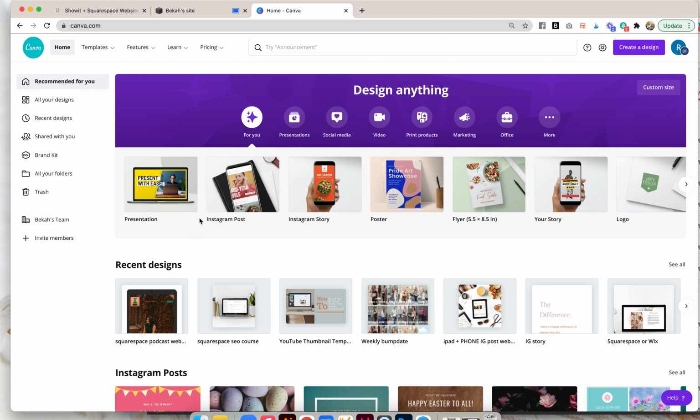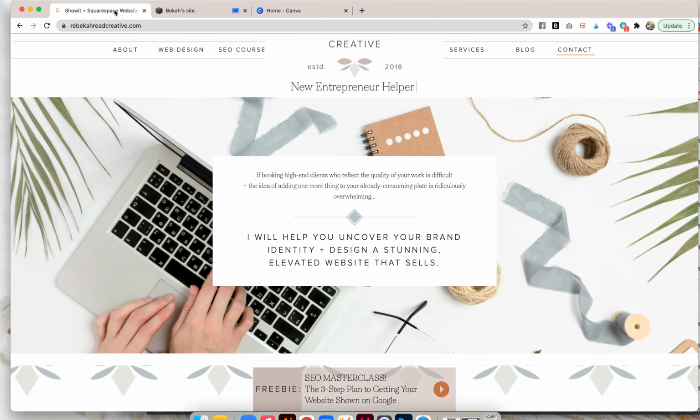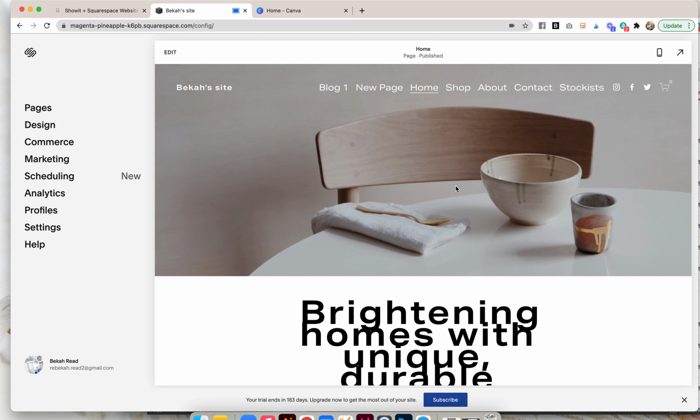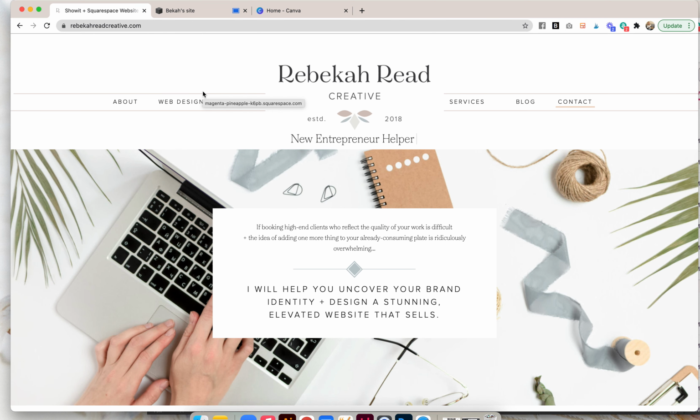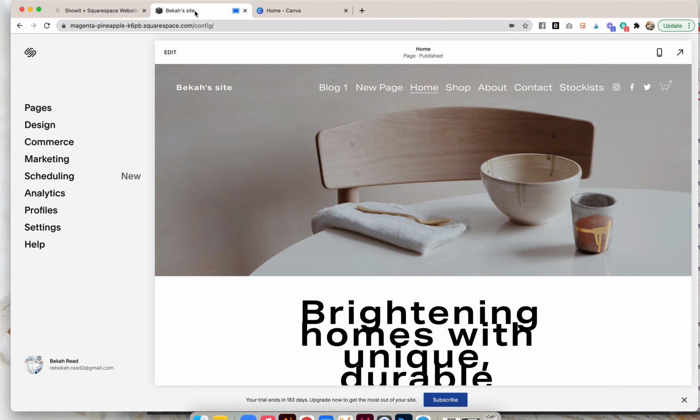Myself a little bit of a challenge, and I am going to try to replicate my Showit site on this Squarespace site. I just started off with a template, a 7.1 template. So you can literally choose any template because it's going to be all scratched. If you know me, I'm pretty 50-50 in terms of what I suggest, Showit or Squarespace. But my site, I chose Showit for multiple reasons that I'm not going to talk about because I need to make this quick. So, all right, let's start out with the menu up here.